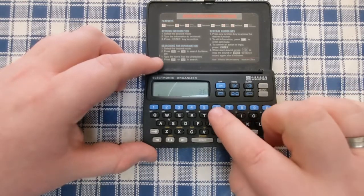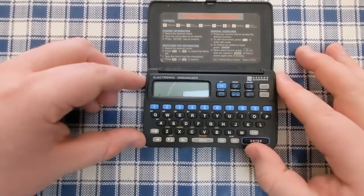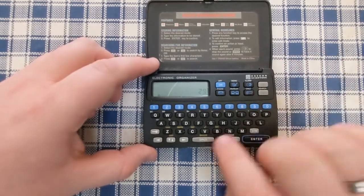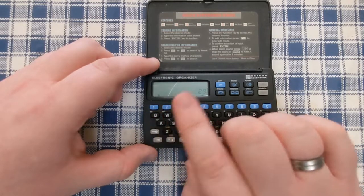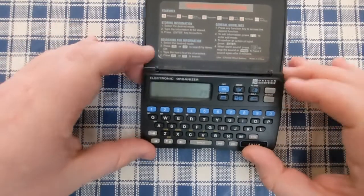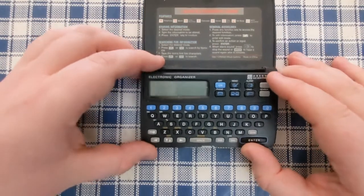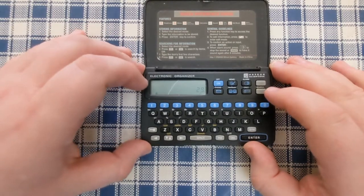And then you could do, let's say, minus 7, 29. That's pretty much it. And you've got these other functions here, you know, square root, percentage. It's just a basic calculate function. That's all it does. Now, I suspect they added that just because they could, and it was an extra selling feature, because